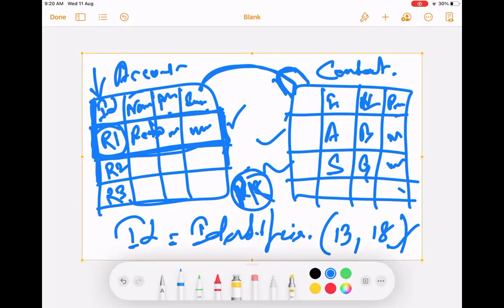So what happens? I will have an account ID here. In this account ID, I will write R1, R1, and then R2. Why R1 two times? So I am copying this record and pasting it here. Now I can uniquely identify that this contact belongs to this account ID. And the same account ID I am repeating once again.